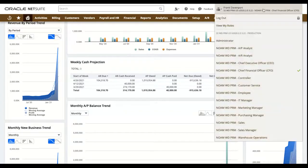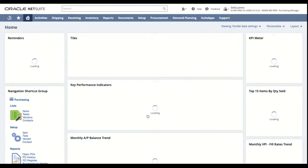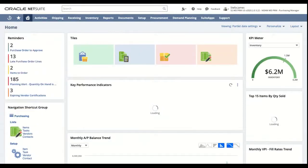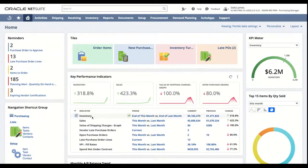Again, as I said, these are a few dashboards I showed you. If I shift to a different role, for example, a purchase manager role, I'll see completely different data. It will be more data to do with procurement and data related to inventory stuff. Okay, let this load. So you see here you have items to order, you have inventory details, you have